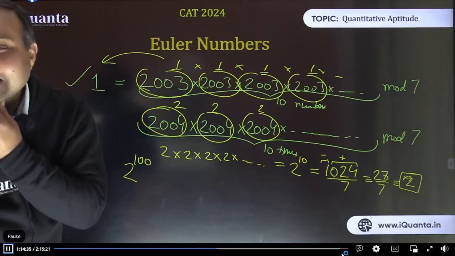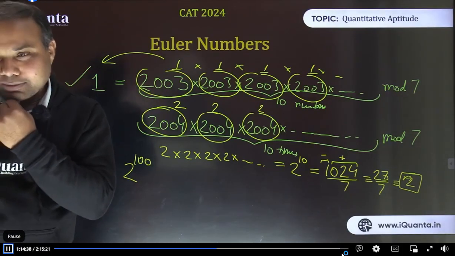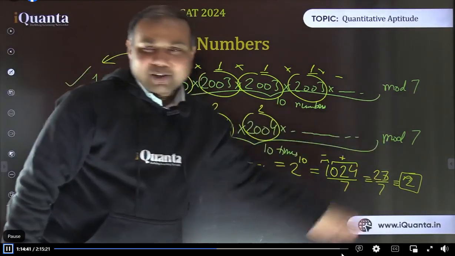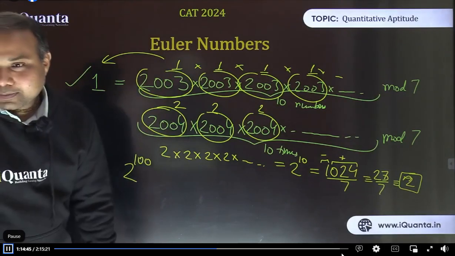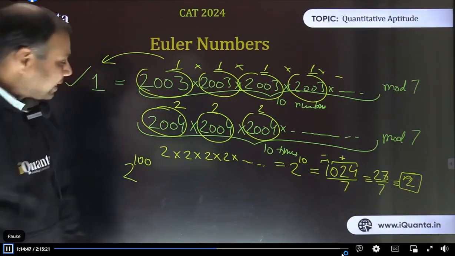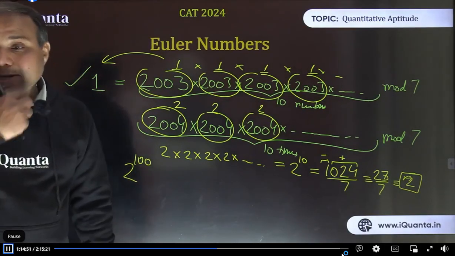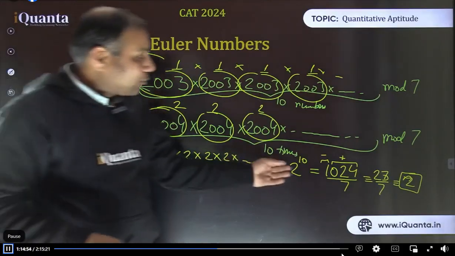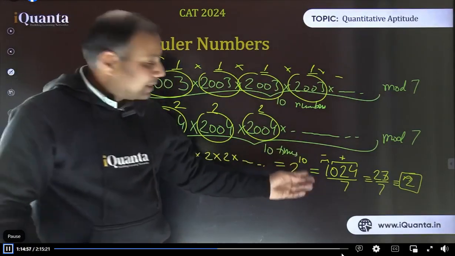Yes, 1001 rule. The divisibility rule of 7 is perfectly fine. Good. That's why I'm taking the divisor as 7 only, so that we don't forget the rule. That was rule of 1001. Yeah, rule of 7. Nice. Coming back. Now it is 2 power 100. Now what we can do? Now we do not know the value of 2 power 100. 2 power 10, you knew that it is 1024.